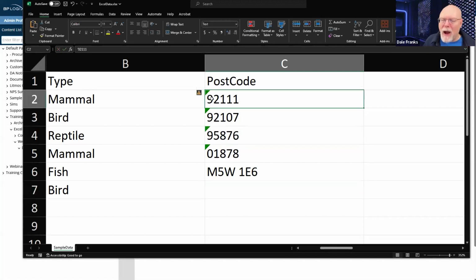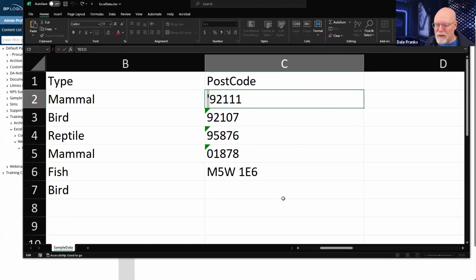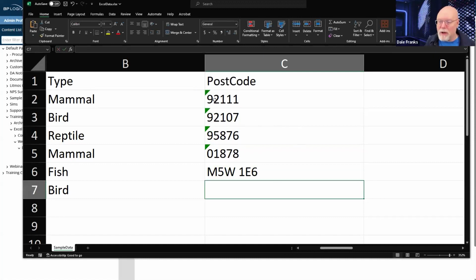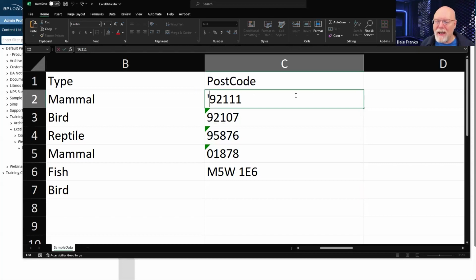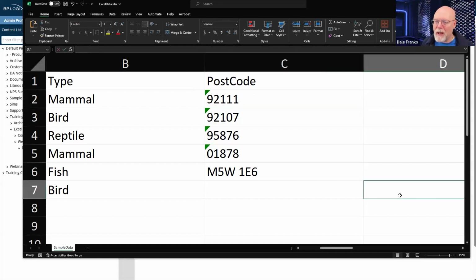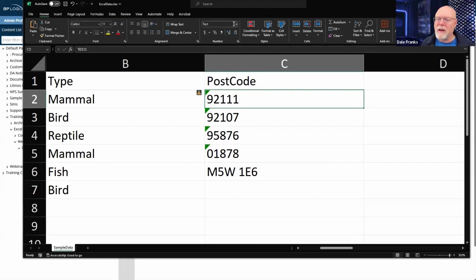Because that apostrophe is there, that lets you know that this is actually a text field. It's not a number field. In fact, you can tell that in Excel simply by the fact that it is aligned to the left, whereas numbers in Excel, to keep the digits in line, always align to the right. This was a text field, so I specified that.